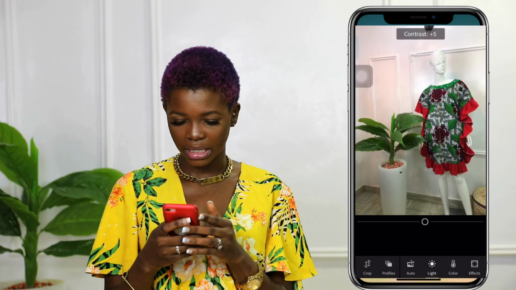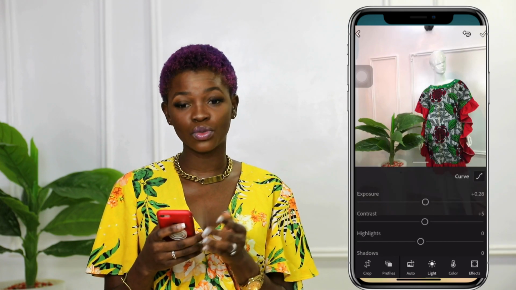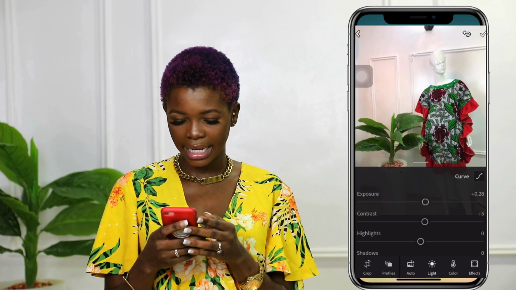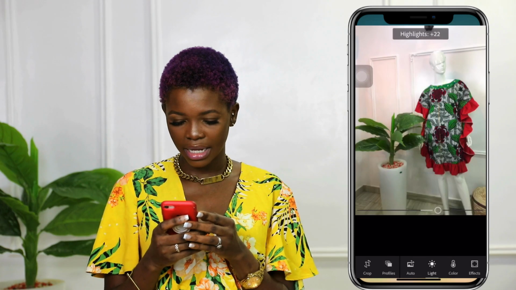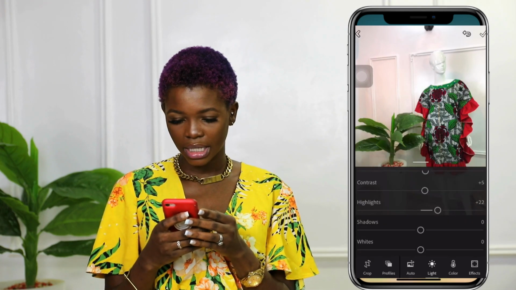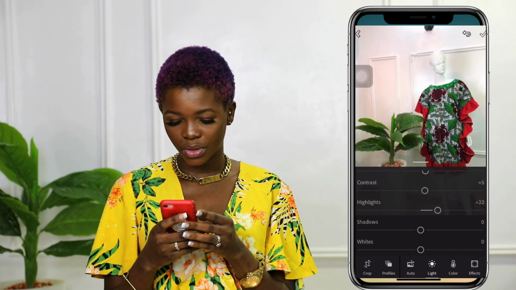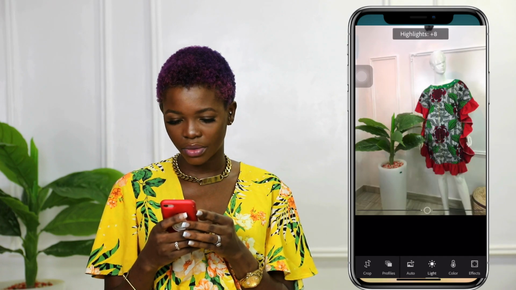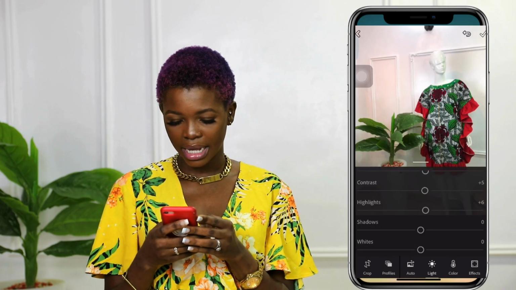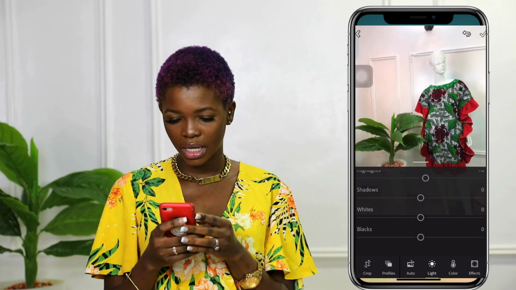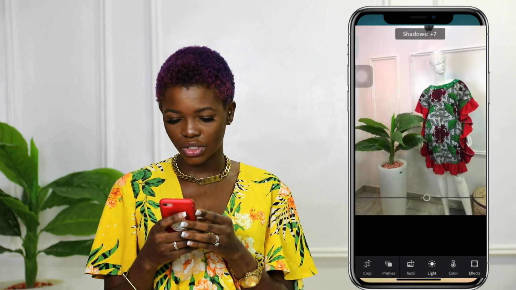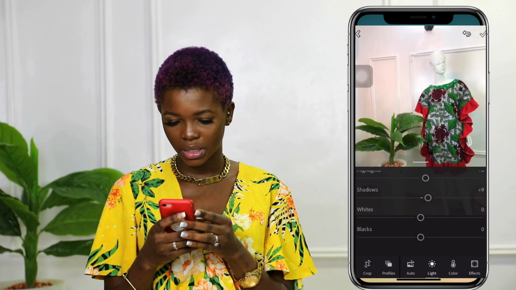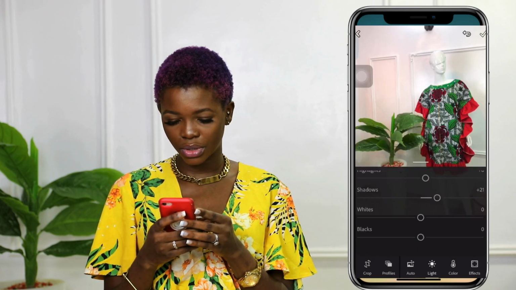As you can see, I'm applying little edits so your picture won't come out too photoshoppy. On highlights, you can decrease to see the effect it has, and then you can also increase to see the effect it has. So I'm just going to increase my highlights just a bit, and then I go to shadows. I decrease to see what effect it gives. It makes it dark, so it means I have to increase it just a little bit. So I increased my shadows